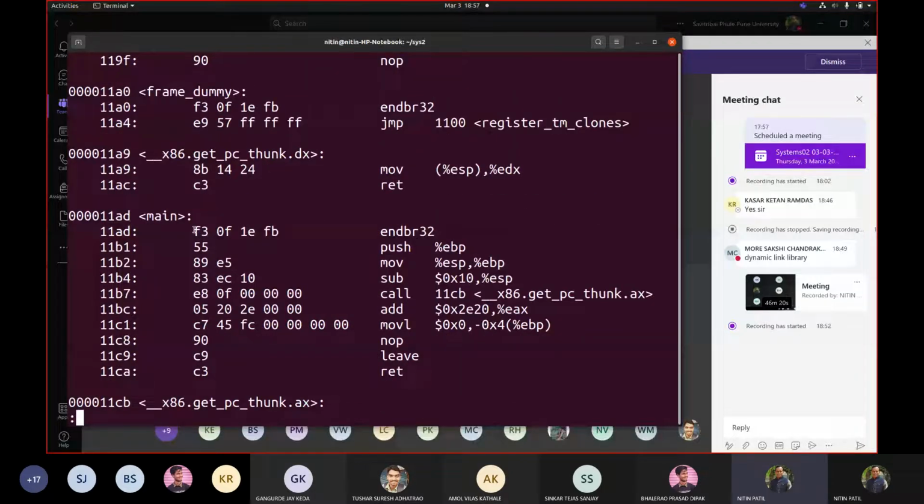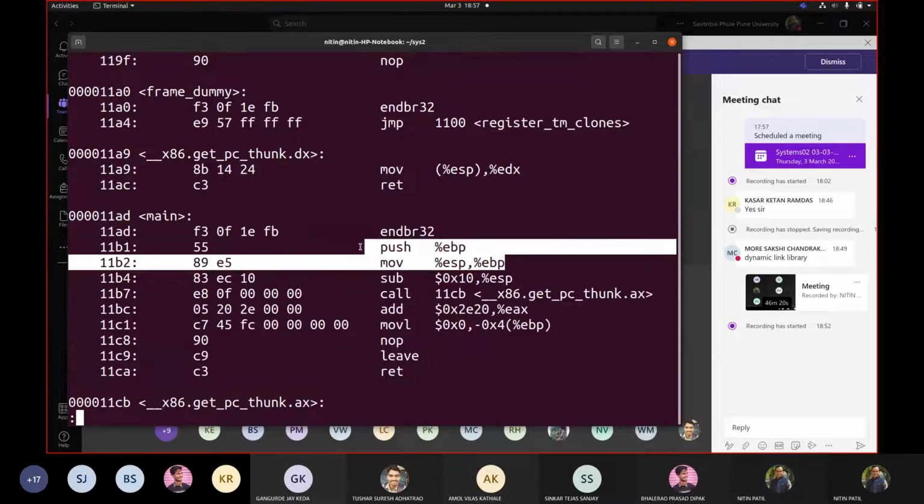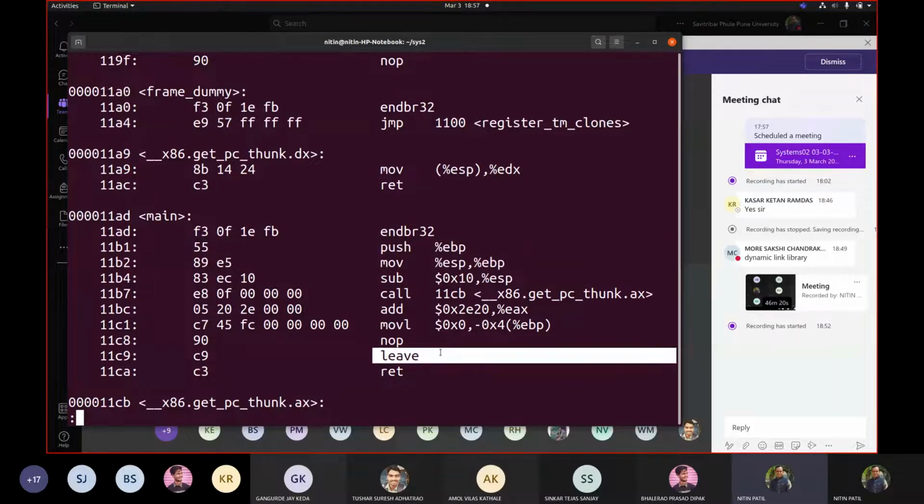This is the code generated for that. There is nothing called return, but it added a few things which I am not sure about. But this is the stack creation,